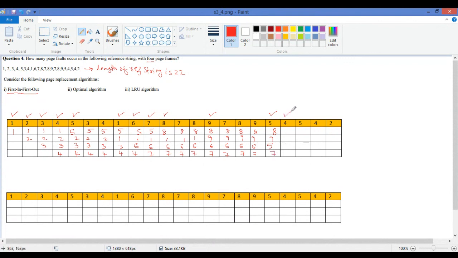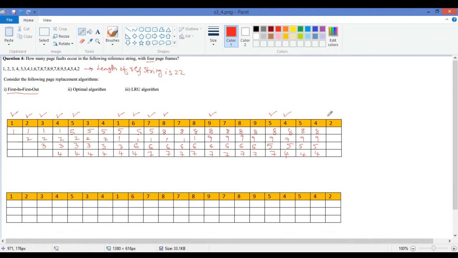Again 4 is a page fault. Then which page is the candidate for replacement? You see 7. Okay, 7 has been there for the longest period of time. So 7 will be replaced with 4, and the remaining 5, 9, 8 are copied. Again, you see 5, 4, there is no page fault, so they just repeat because 5 is also there. 4 is also there, so we just copy the remaining pages.